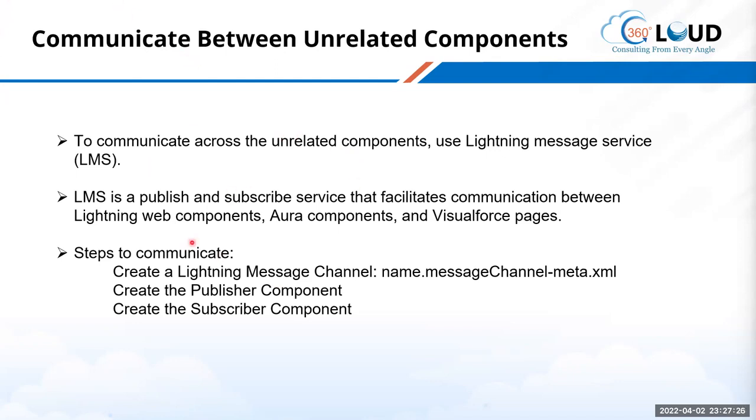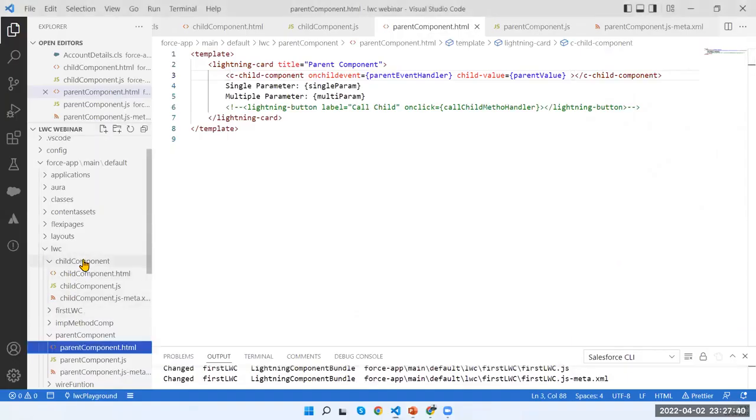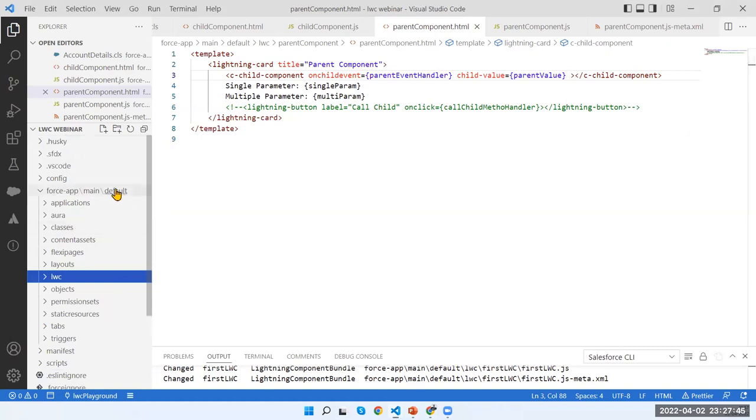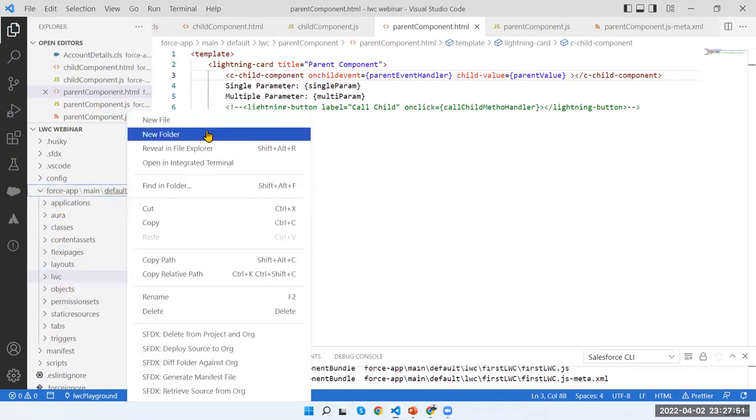So this way we can communicate. So let's first go into the first step, that is called creating a lightning messaging channel. So how to create a lightning messaging channel? First you need to create a folder over here. Inside the default, you have to create one folder. So I will create a new folder